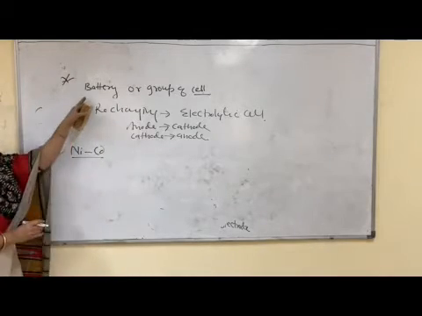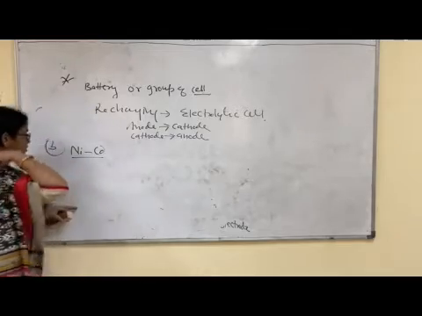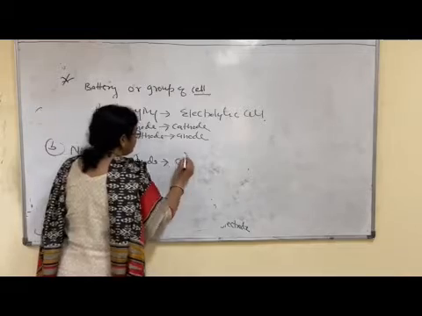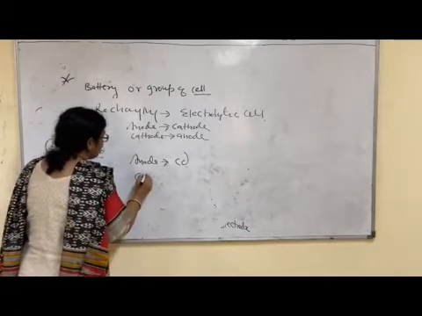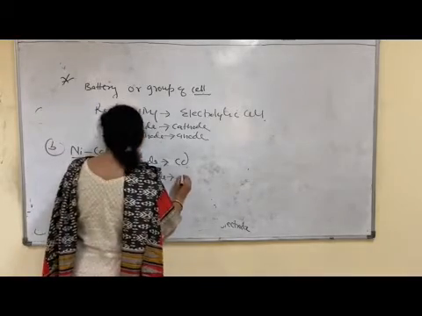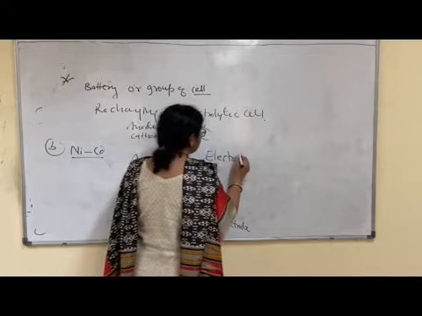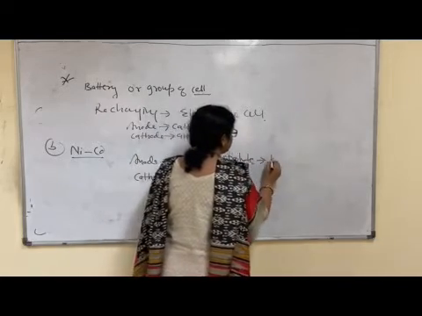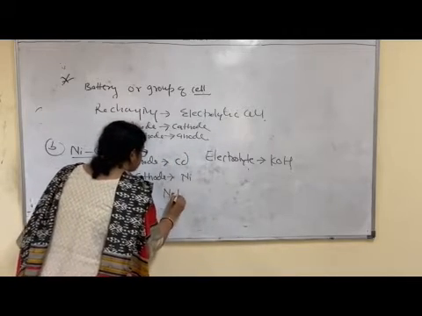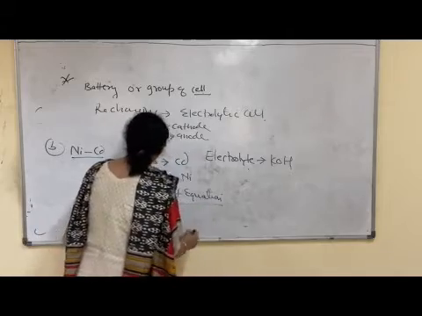Now the second type of secondary cell is the NiCad cell. It means nickel cadmium cell. Here the anode is made by cadmium and the cathode by nickel. And the electrolyte is potassium hydroxide. What is the net equation? The net equation is